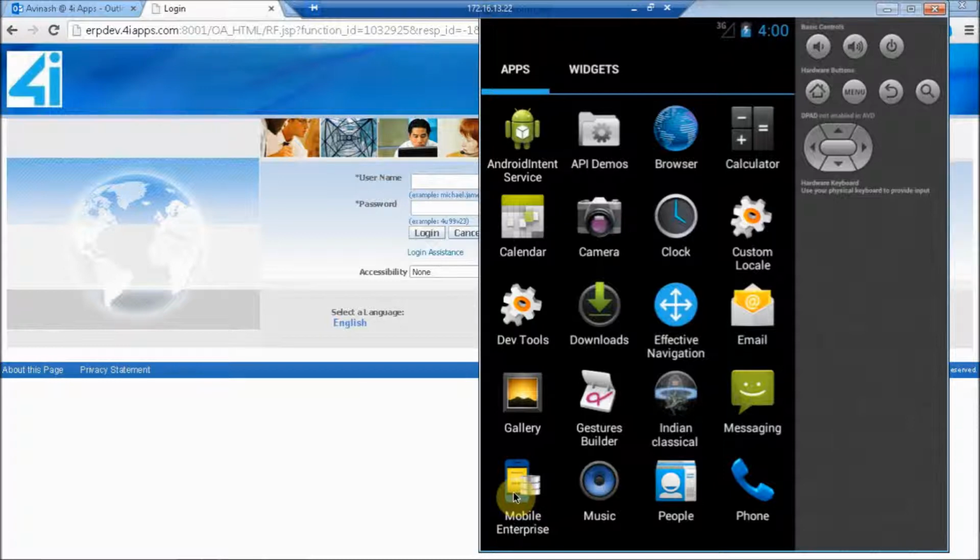to mobile. As you can see on the desktop, the background is the conventional EBS OAF screen, and this is mainly an intranet application to be used within the organization. Now we have extended this to mobiles, so you can make use of EBS functionality on your tabs and anywhere, even outside of the organization.